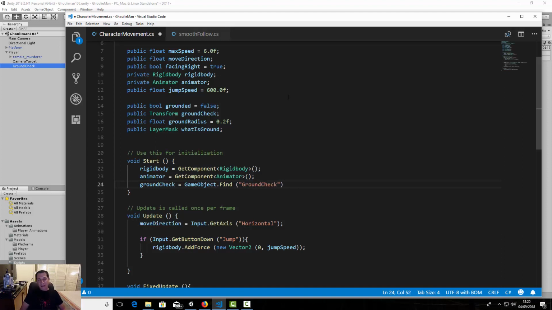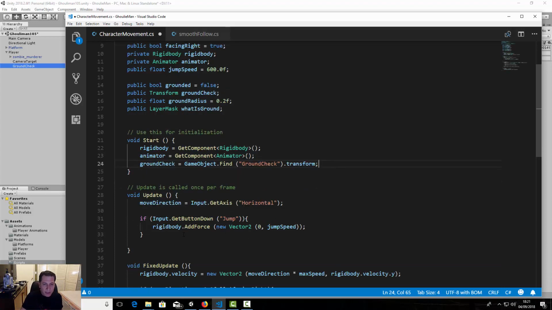This ground check does not have a label. If the ground check had a label, we could say game object with tag. But as long as we do not have a tag, we just want to call the object. So that's why we only say GameObject.Find("GroundCheck"), and it's going to be on its transform functionality. Okay, all right. Now we need, in the void FixedUpdate,